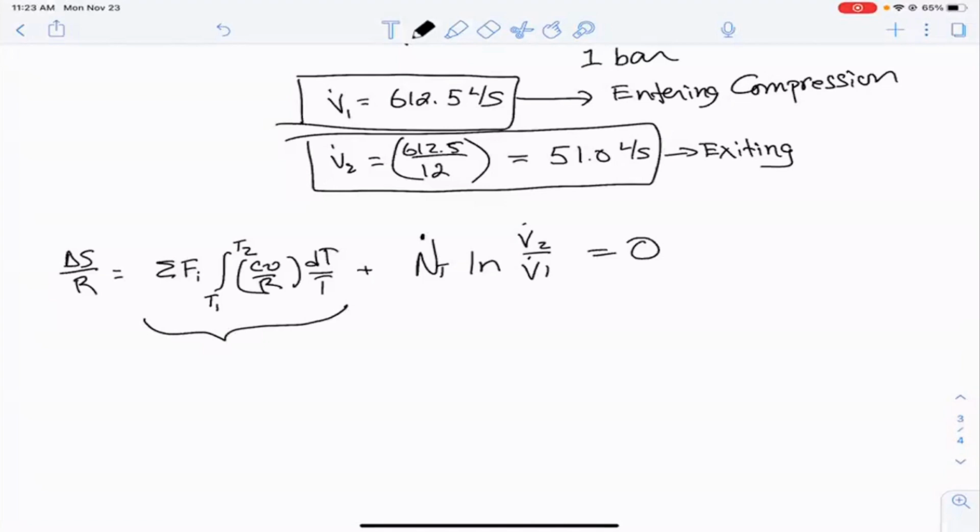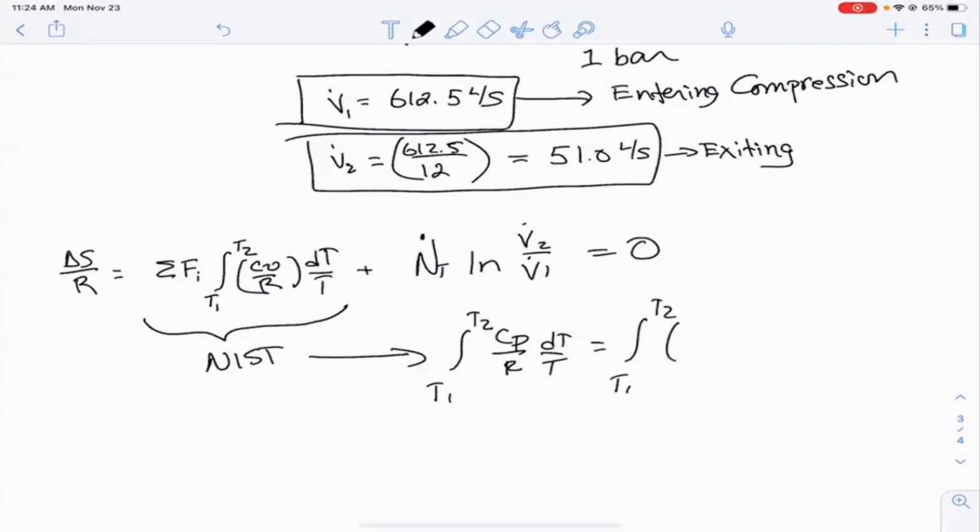But the weird secret about the NIST data is that it's actually done at constant pressure. It's not done at constant volume. And so this integral that you get from the NIST data is actually the integral from T1 to T2 of Cp over R dT over T. And we learned throughout the course of our semester that this is actually just the integral from T1 to T2 of (Cv plus R) over R